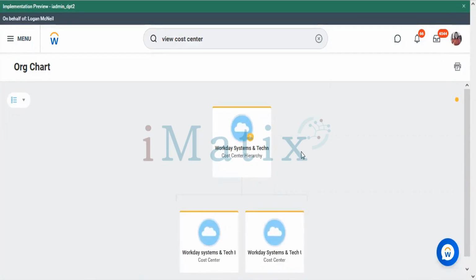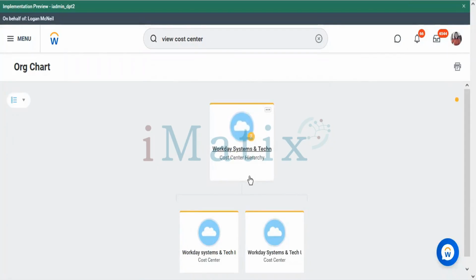If you want to add these two cost centers to the hierarchy, go to related actions of this one, Reorganization, assign included organizations. Give these two names and click OK. You'll be seeing these two organizations included with the hierarchy. And then when you come to the org chart, whatever you have assigned under the hierarchy will be populating as you're seeing. That's what we did initially before we created the subtype organization.